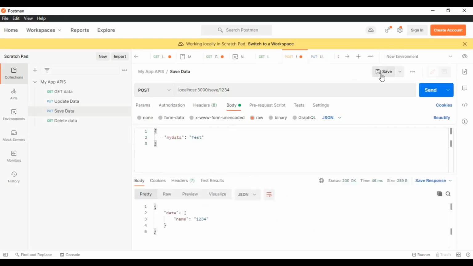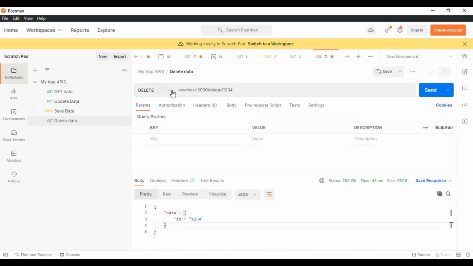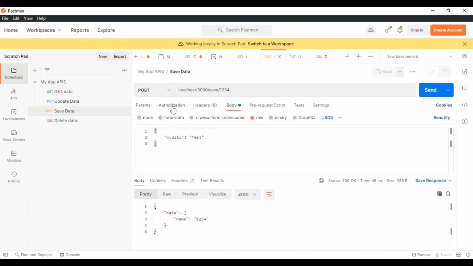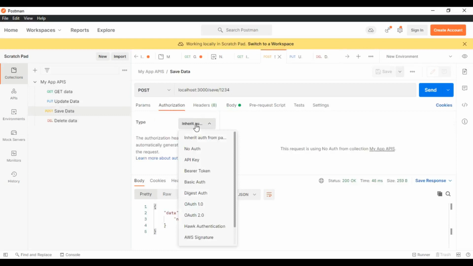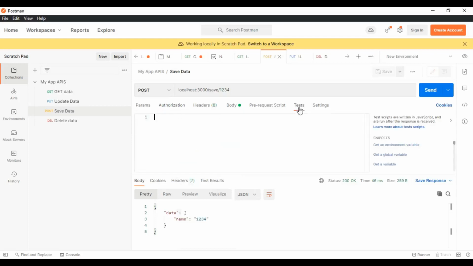Okay, this is working. We have saved. You can see get, put, post, delete. So delete is showing get, maybe not saved. Now you can see it is saved and it is reflecting correctly. Get, put, post, delete. Similarly, we have this section which will hold all the authorization related things, and in test we can write code to test the response.